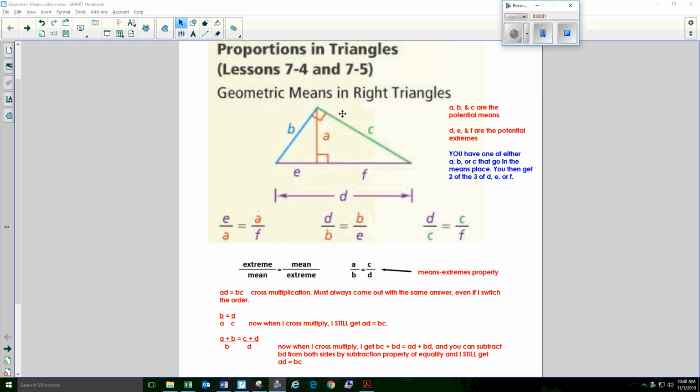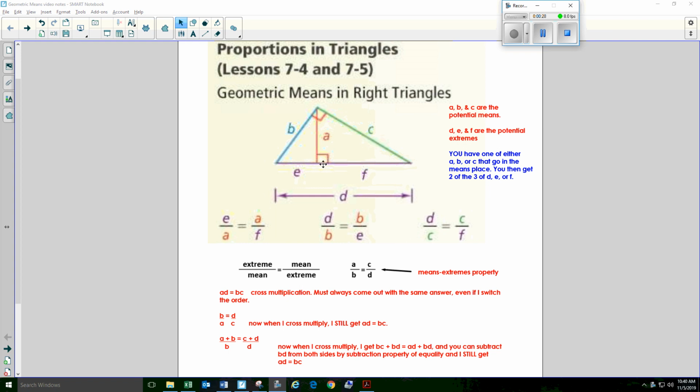Okay, today we're going to talk about geometric means, and these occur within right triangles only. If I have this big right triangle right here, and I draw, if you remember vocab-wise, an altitude, this is an altitude from this vertex of the right angle. Here's the right angle for the big triangle. If I draw the altitude from that, which means it goes from there to the perpendicular of the opposite side